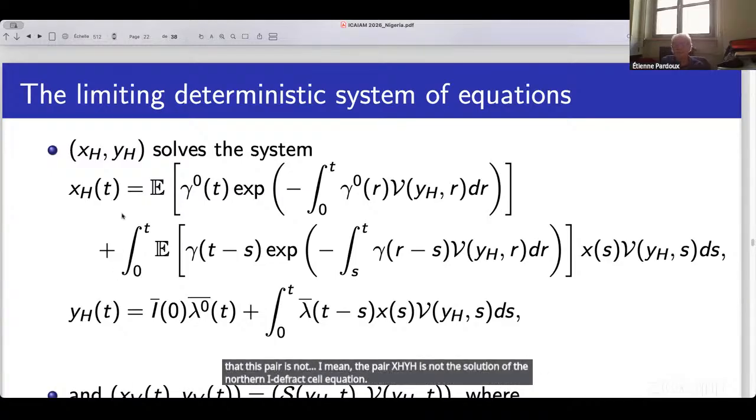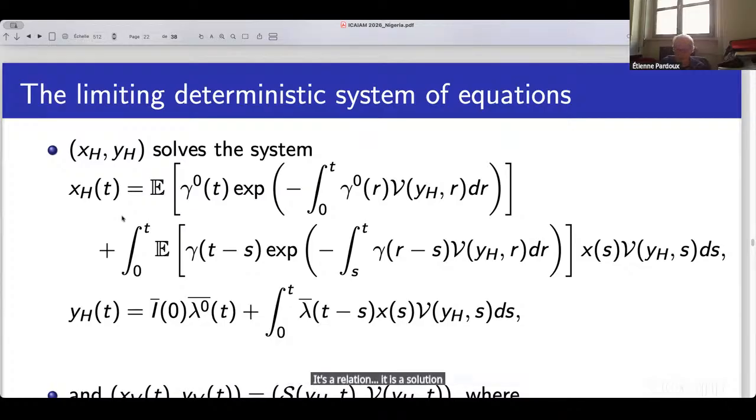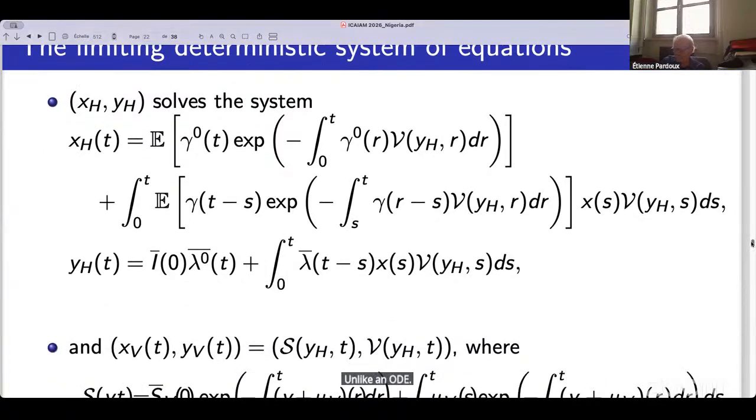It is a solution of an integral equation, a Volterra type integral equation. In particular, it has memory. It does not forget the past, unlike an ODE. Okay, so now,